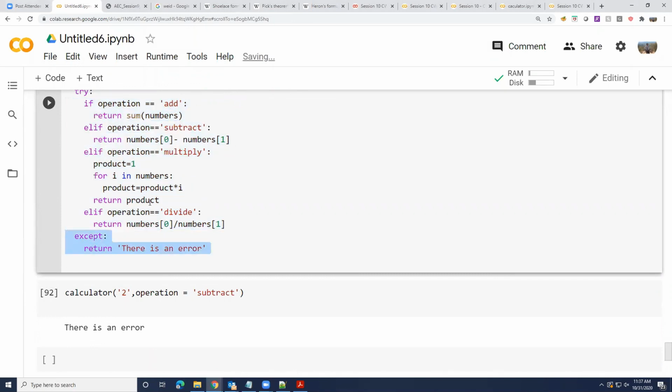We put all our code inside the try block and assume that everything works. If anything doesn't work, the program automatically jumps from wherever it encountered an error to the except section, and then you can return something special. Or you can return an error. How do you return an error?